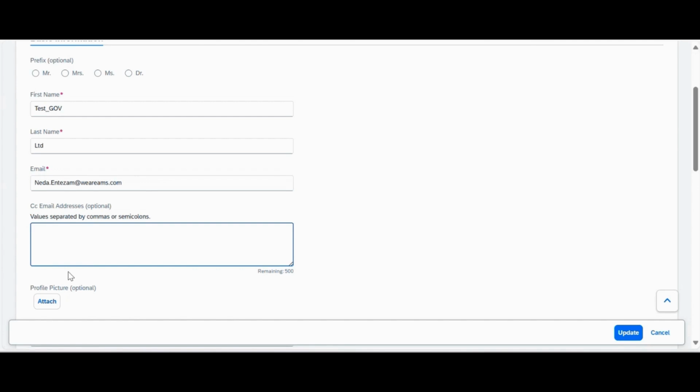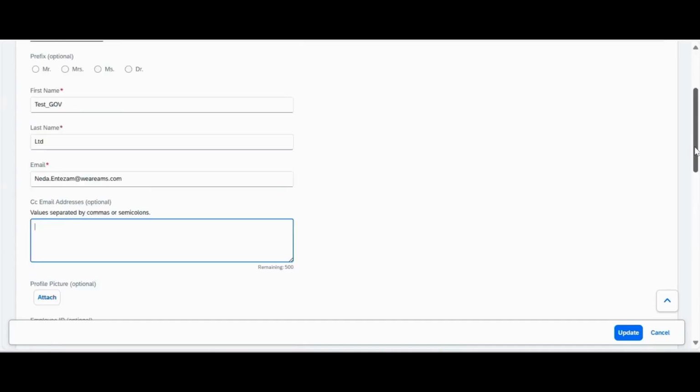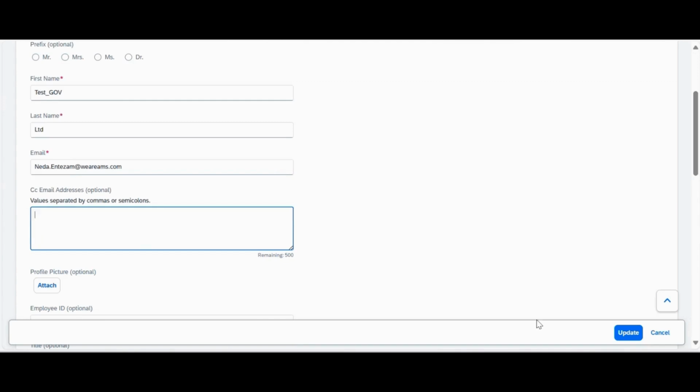That way, if there are any notifications of any bids, statement of works, milestones, highlight reports, etc., you would then all be notified, and it won't go to that shared account. And it will be easier for you to pick up. That is pretty much what you would do on this section. And then you would just click update, and then everyone would get those notifications. So if I just cancel out of this,